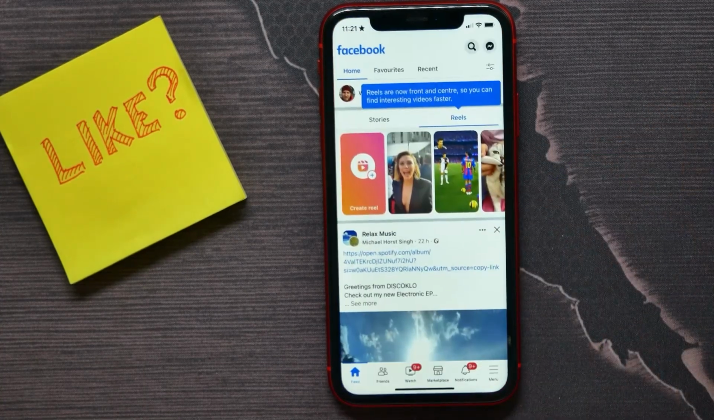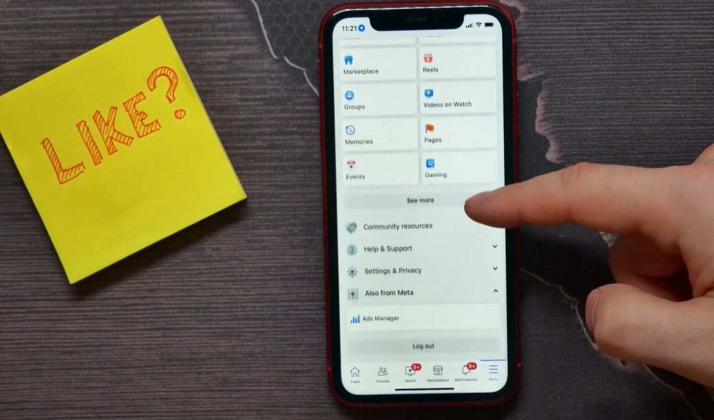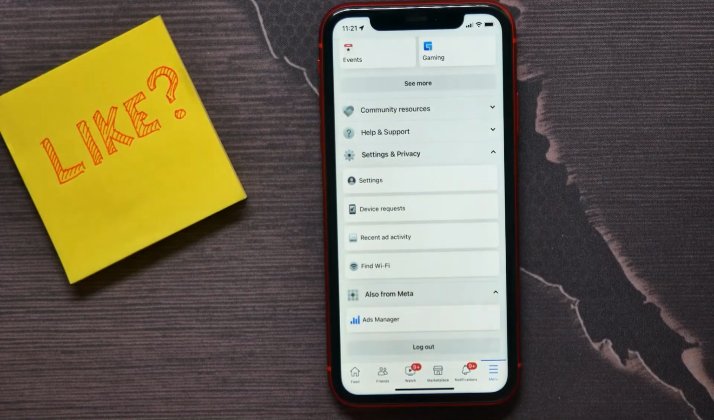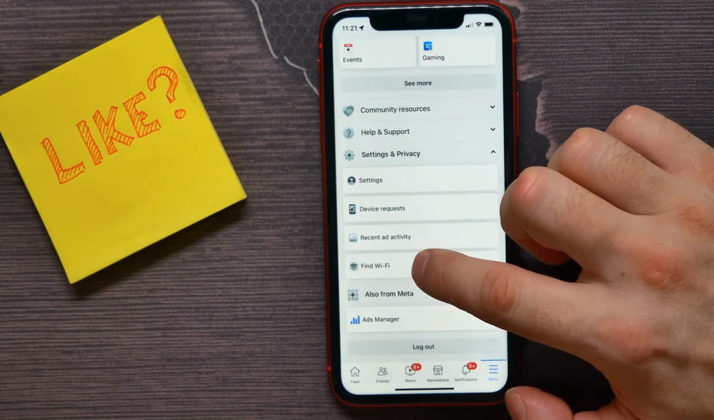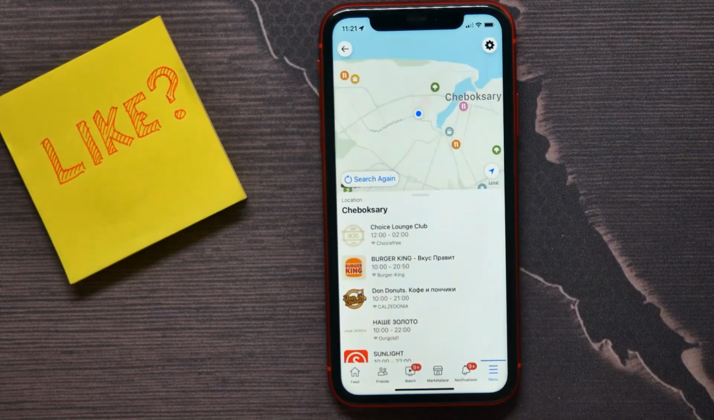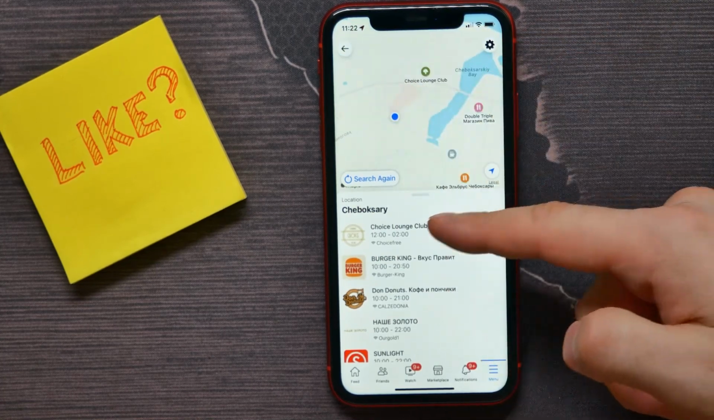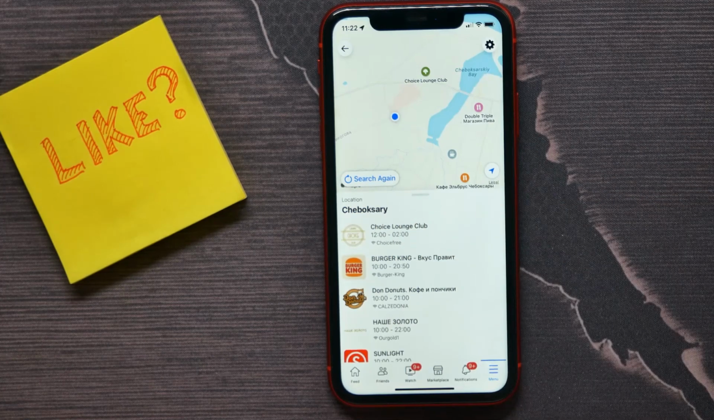So first, open up your Facebook and after that, hit on menu. There, scroll down for a bit and tap on settings and privacy, and there is the option called find Wi-Fi. Hit on that and there you are able to see on the map and on that list free Wi-Fi hotspots